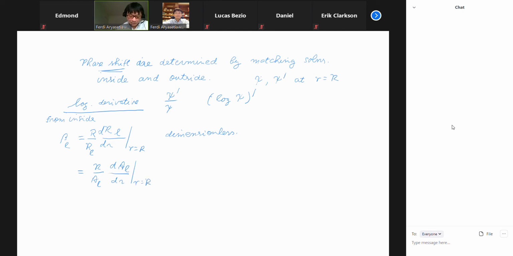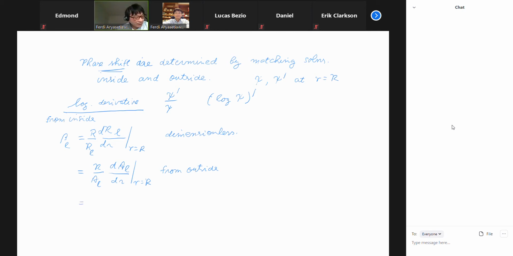Like this. So this is from outside. So that's the free particle solution. And that gives us then the expression for the phase shifts. So if we calculate this